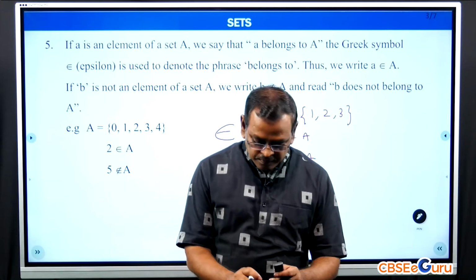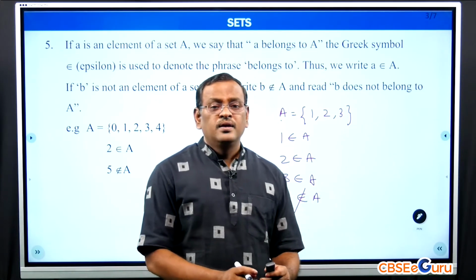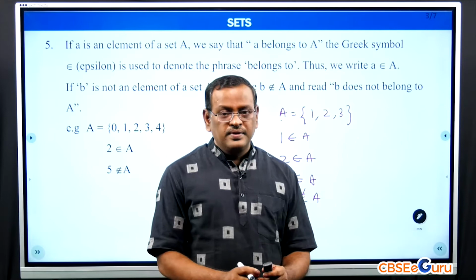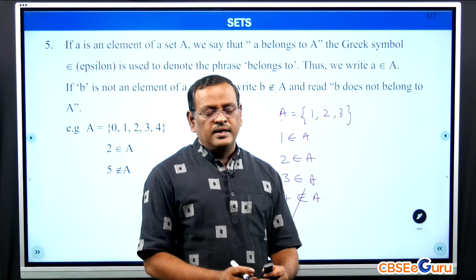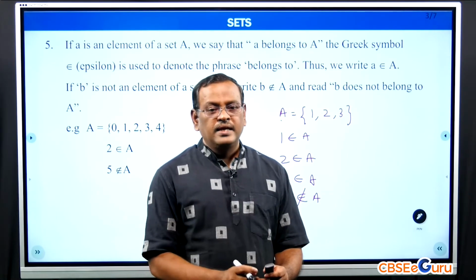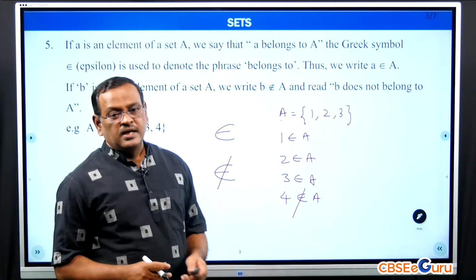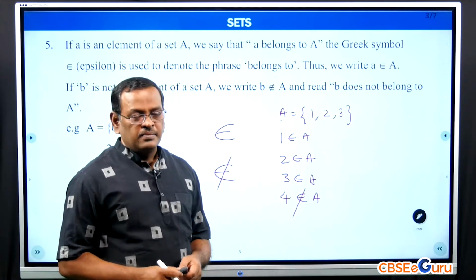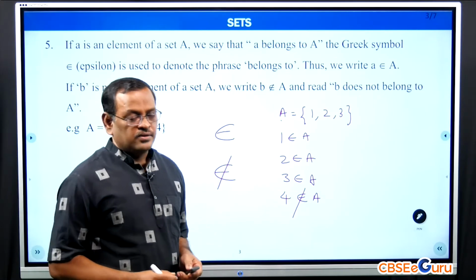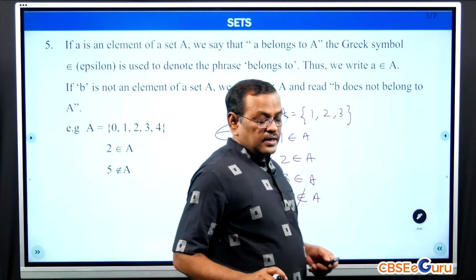So in 11th standard, you need to learn a lot of Greek letters like English alphabets, capital Greek alphabets and small Greek alphabets. This is one of the small Greek alphabets, epsilon, for elements, belongs to that or does not belong to that. Okay. Next,